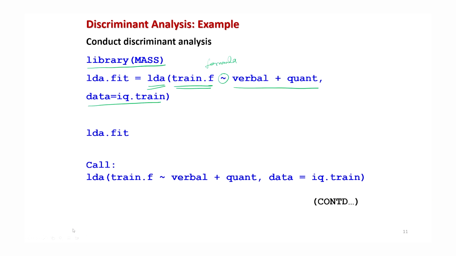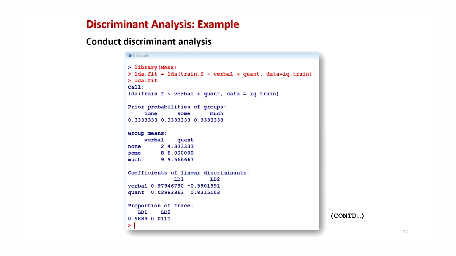And I store the outcome of this command into lda.fit so that I can use it again and again. So I call this lda.fit, and now the outcome will start like this. First you will see the command which has been used, and this will continue further. But I can show you how the command will look, because I'm going to divide it into different parts so that I can explain the interpretation. The whole outcome will look like this on the screen.